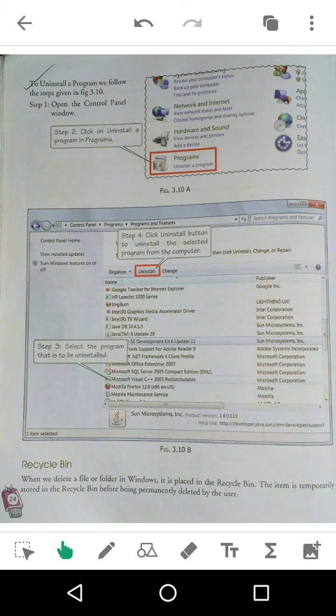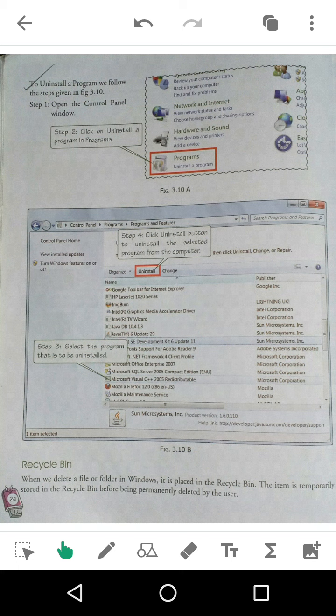You will just click on it and click on Uninstall, or right click on the program and there will be an option to modify and uninstall. In this way you can uninstall a program that you don't need, or you want to install another update of this program.